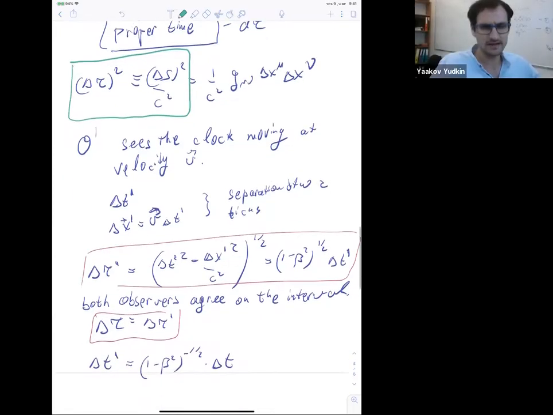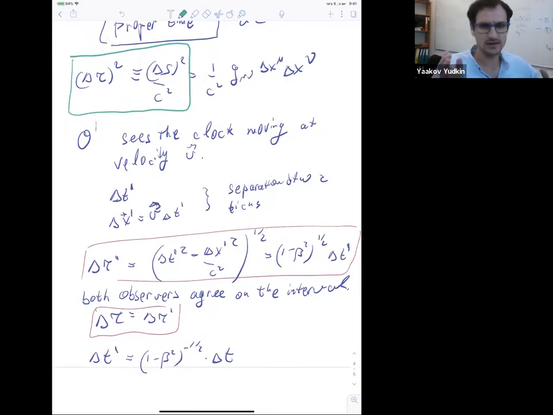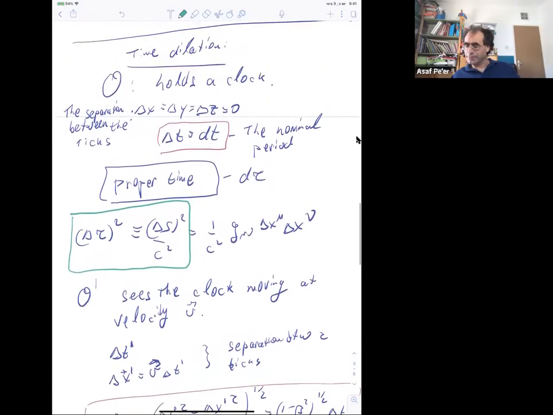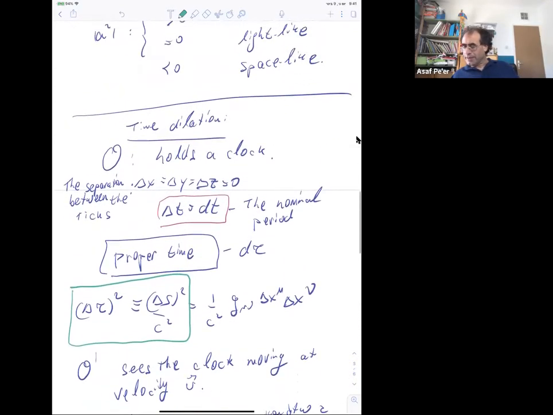I'm just confused. I think you said at one point that tau is the time-like component, and then your equation in the green box claims that tau is not the time-like component, but is the entire interval. It doesn't have a component. The definition is very clear here, right? Tau is a proper time, right? It is equal